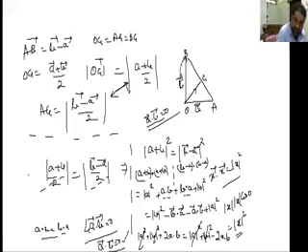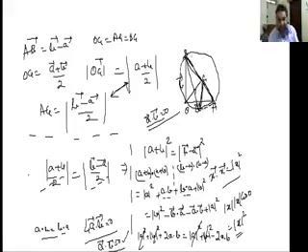What is the right hand side? Right hand side is mod a square plus mod b square, and this is minus a dot b and minus a dot b, so I get minus 2a dot b. Is this clear? Let us see what all get cancelled. Mod a square has got cancelled, mod b square got cancelled. Take this to the left. So I get 4a dot b equal to 0, which means nothing but a dot b equal to 0.